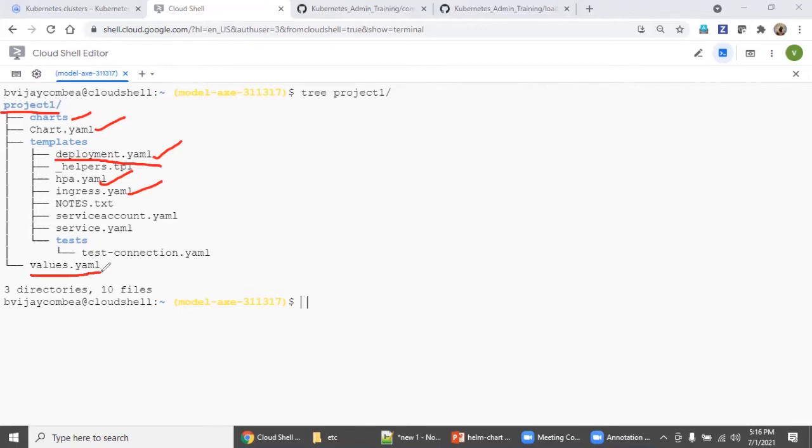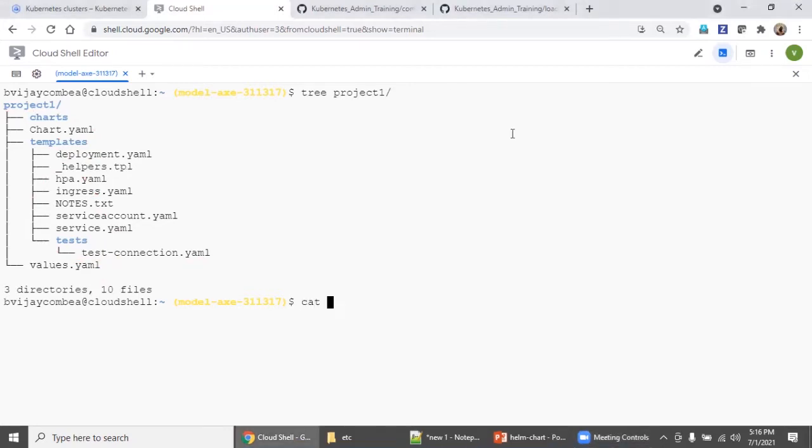Even in values.yaml, all the sample values will also be there. All you need to do is make sure that each file is fine according to your environment. If it needs to be changed, you change it, or else you leave it. So this is the skeleton. For each environment, each project, you keep changing the values for a particular environment or particular release which we are going to deploy. Correct? So let's open one or two files. I'll show you how it looks.